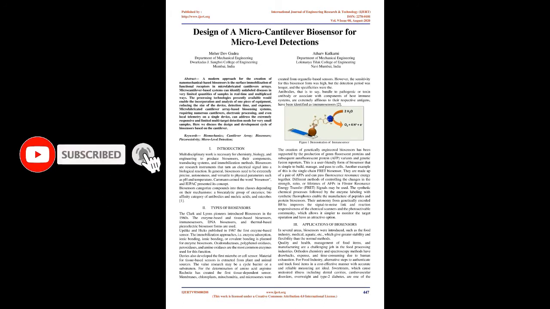Davies also developed the first microbe or cell sensor. Material for tissue-based sensors is extracted from plant and animal sources. The value research may be a cycle barrier or a substratum. For the determination of the amino acid arginine, Rechnitz created the first tissue-dependent sensor. Membranes, chloroplasts, mitochondria, and microsomes were